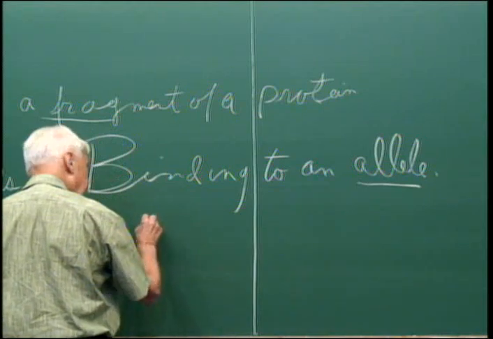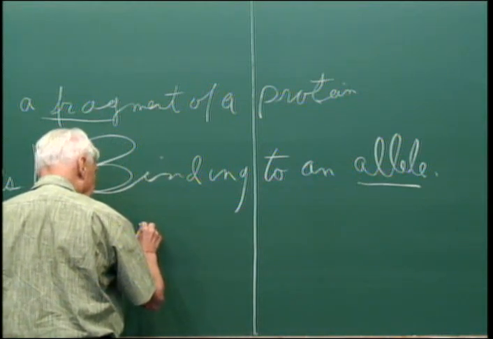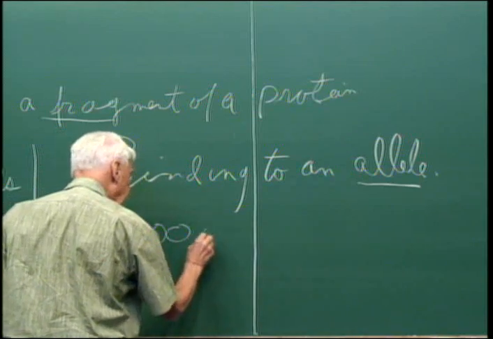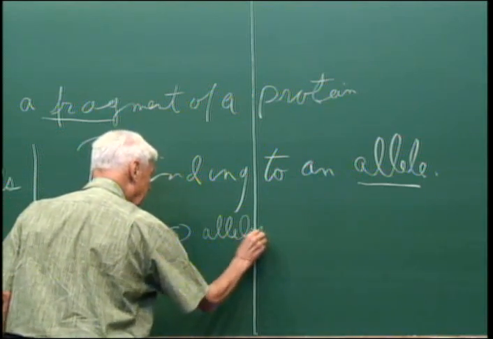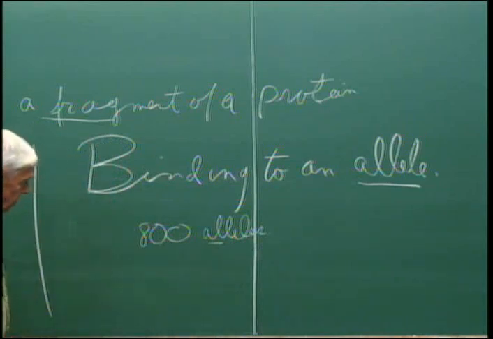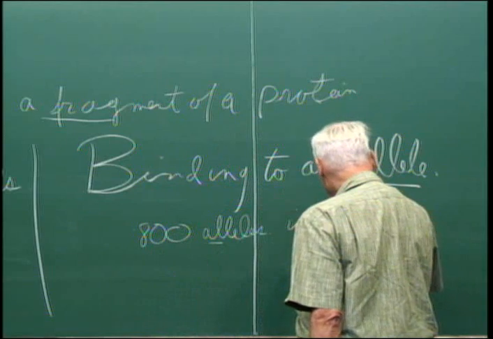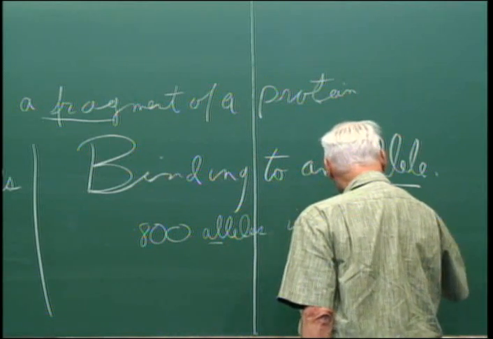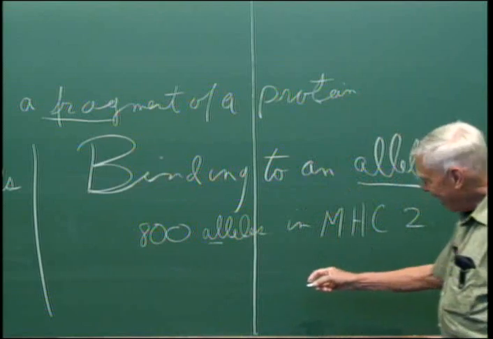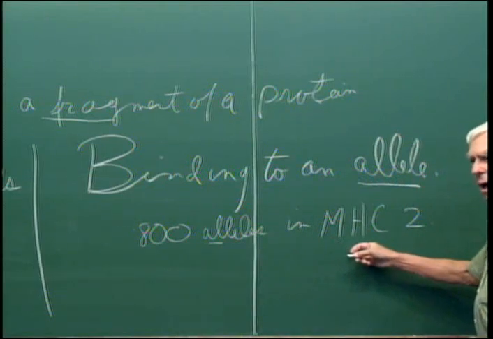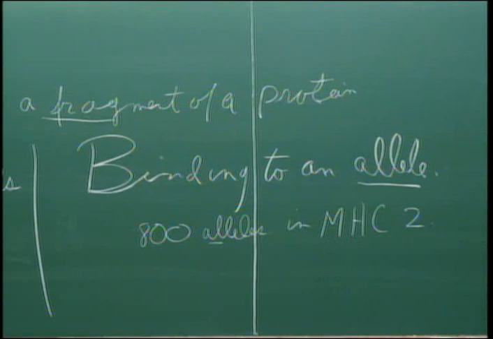So these are going to be, let me just say what this space is. There's about 800 alleles. And this word will probably throw you. It bothered me for a long time. I still don't know if I could say it. MHC2. This is the major histocompatibility complex. And that's the set of these genes or alleles that are associated to the immune system. There's two classes, MHC1, MHC2.